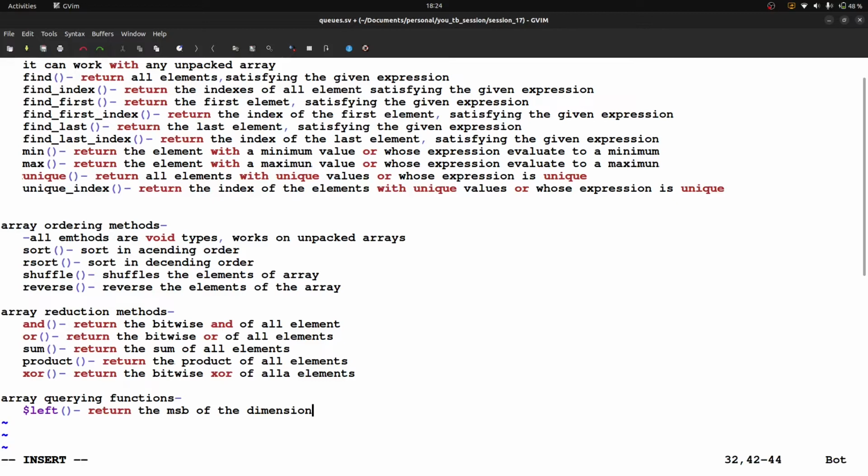Okay, next one is $right. Return the LSB of the dimension. After that, $low.